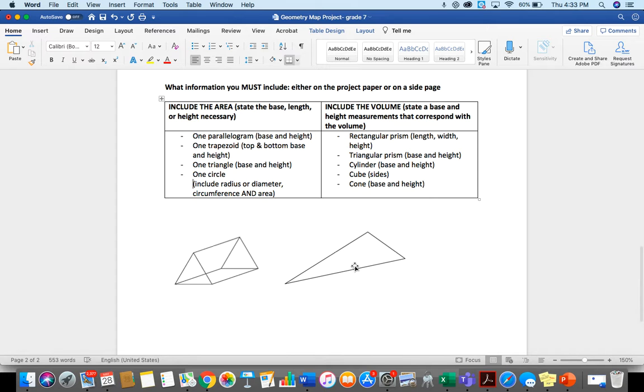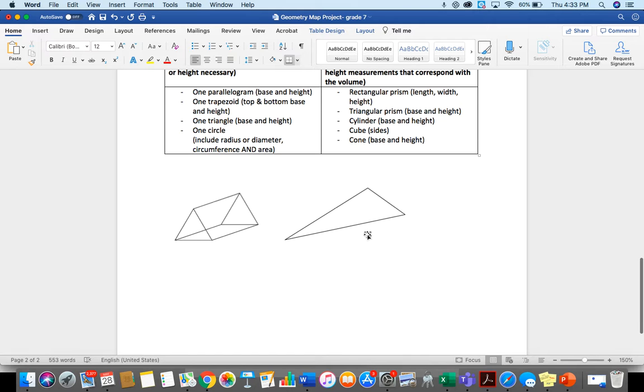So if you're wondering how can you draw 2D and 3D in one page, just be creative. So I put these 2 examples on the side. So maybe you will have one building that is 3-dimensional and one that will be flat. Okay, so just be creative. Or if you want to keep all the 2-dimensional shapes on one side and then the 3-dimensional